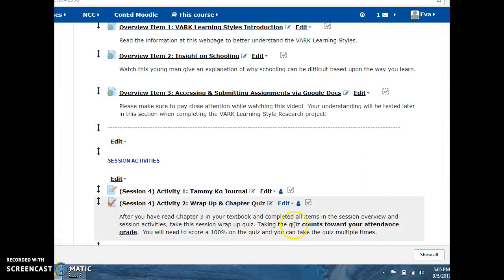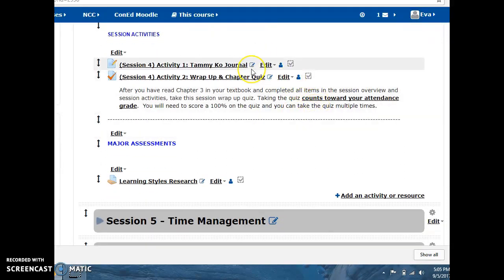All right, so let's move on to our session activities. So we have another case study. This one is going to deal with our friend Tammy Coe. And just like you've done on the other ones, make sure you copy and paste the questions in there. Give lots of detail. So if you're going to say, and I'll click on these so you can kind of see what I'm talking about